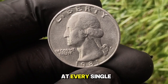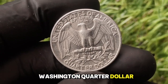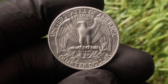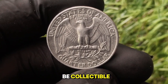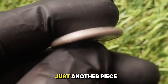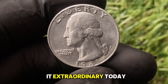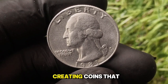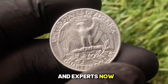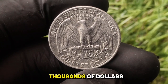Have you looked at every single coin in your pocket? The 1981 Washington quarter dollar carries a fascinating legacy. Struck at the Philadelphia Mint, this coin was never intended to be collectible. It was meant for circulation, just another piece of everyday American commerce. But what makes it extraordinary today are the rare and valuable minting errors that slipped through quality control, creating coins that collectors and experts now pay thousands, and in some extreme cases even hundreds of thousands of dollars for, depending